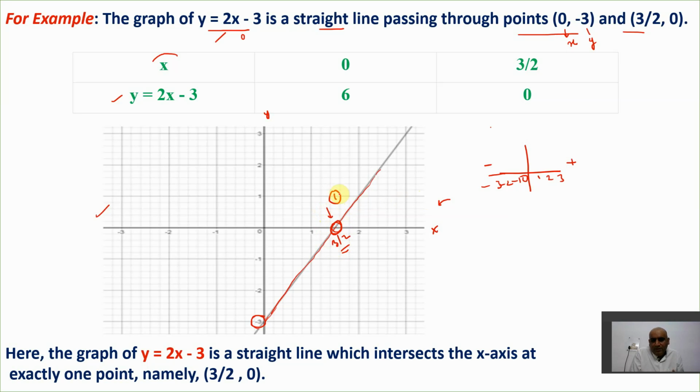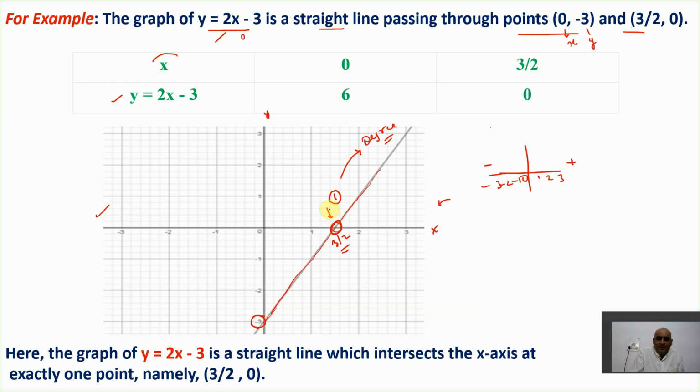So you need to check the number of points touching the x-axis. Here it is 1. So this 1 is basically called the degree of that particular polynomial, right? If the degree is 1, that is called a linear polynomial. How do you check in the graph? If there is only one point touching the x-axis, that means the degree is 1. This is the simple thing which I want to convey to you. I hope you get this point.